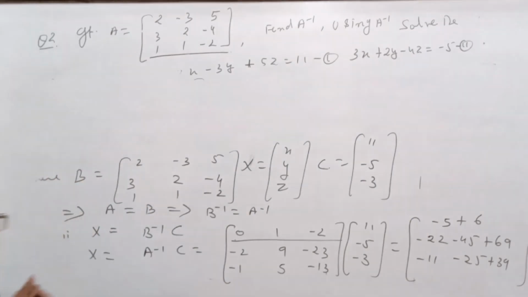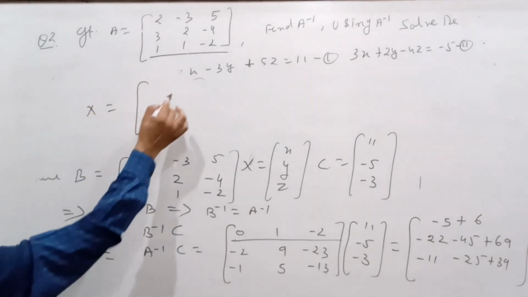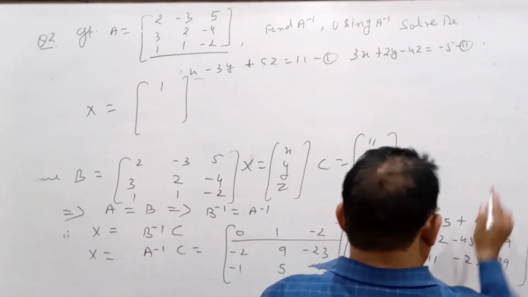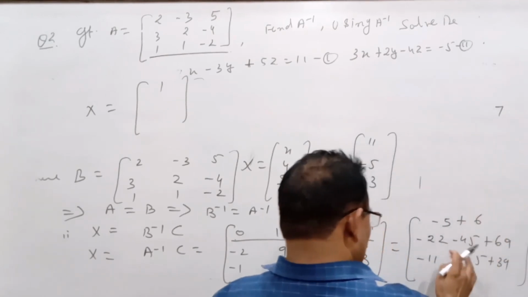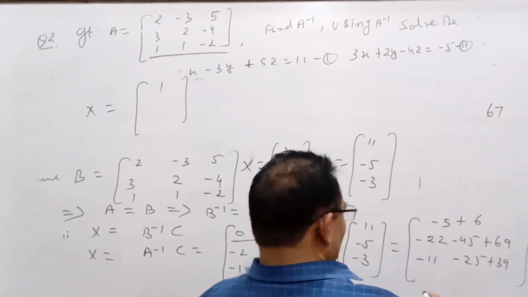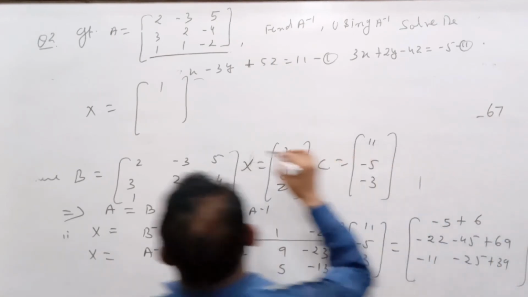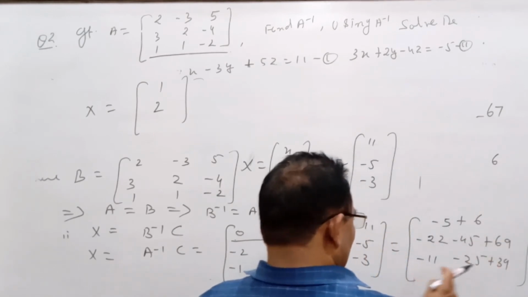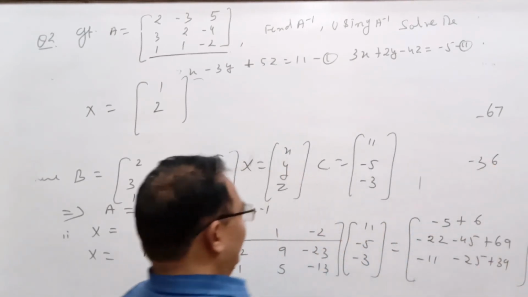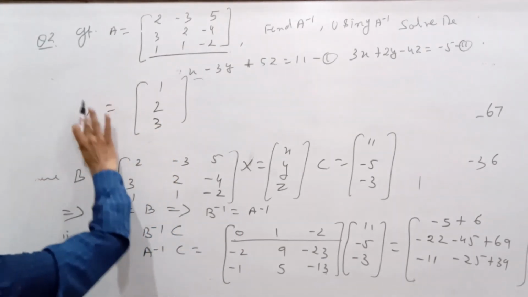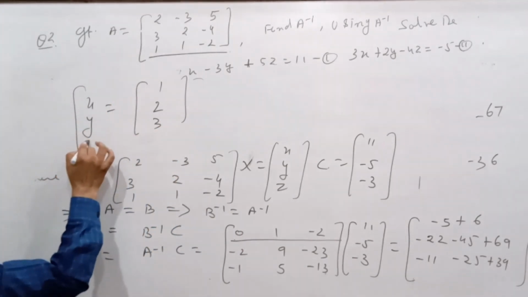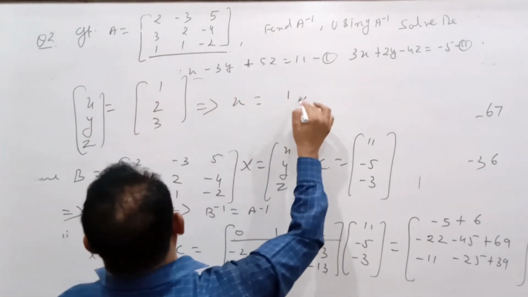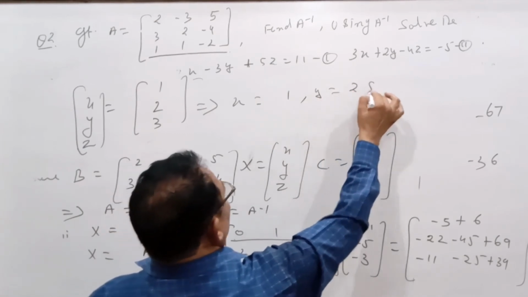See, X is equal to, that is the matrix is 1, and here if we look, 5 plus 2 we get 7, 4 plus 2 becomes 6, and minus 6 plus 2, that is 2, and that is 6 comes here, and minus 36, that is plus 3 this, and that is the variable matrix x y z, and this implies that on comparing x is equal to 1, y is equal to 2 and